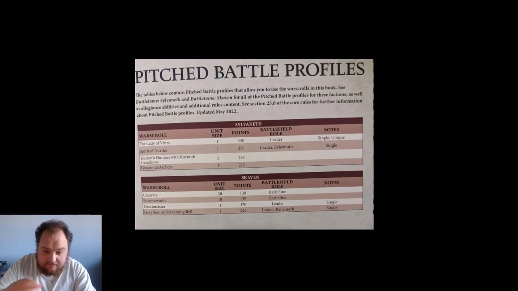We got the Skaven also. 20 Clanrats for 130 points. It's exactly the same as they were before. Stormvermin 135 for 10. They used to be 110. But we'll talk about those too. I'm excited for these actually. Deathmaster went up 70 points, which we'll talk about. Yeah, that's a lot for a single hero with 5 wounds, but maybe. And then the Grey Seer and the Screaming Bell changed a lot, and it's at 265, which is exactly where